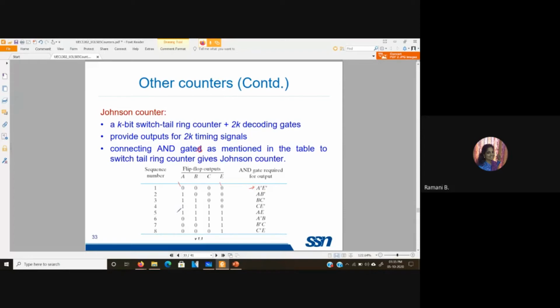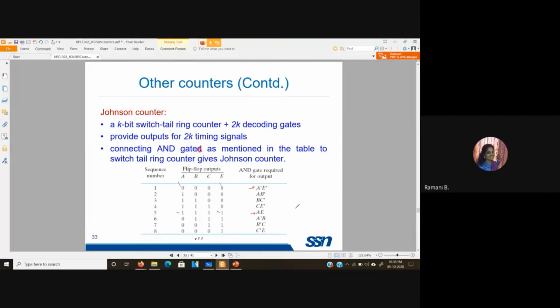And where both the values are 1, the required AND gate output is A, E. So if the flip-flop outputs are all zeros or all ones, you take the value from the first and last flip-flop as such.